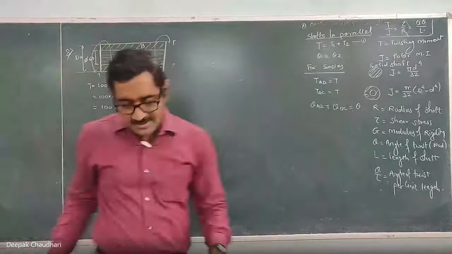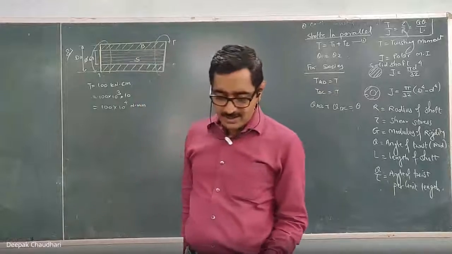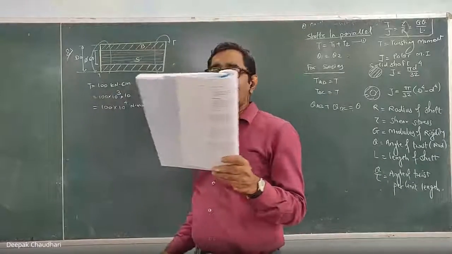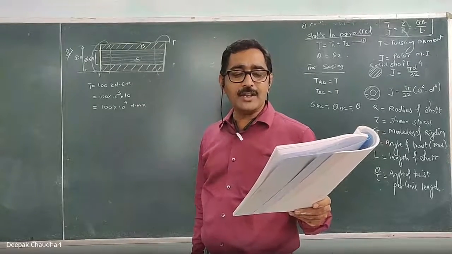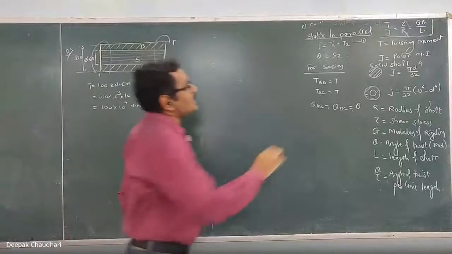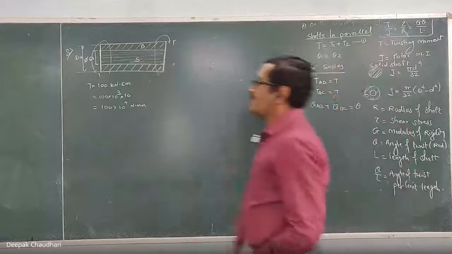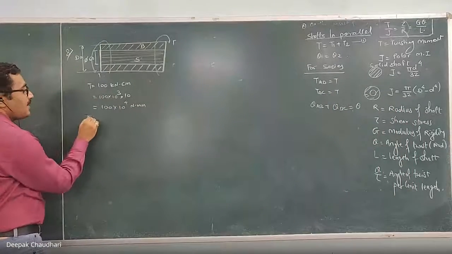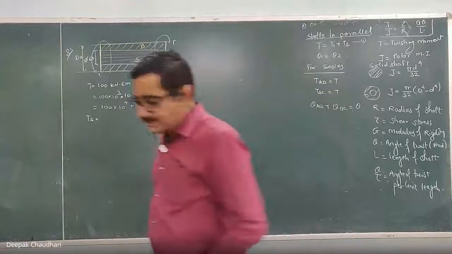Now, in the question, this much torque is applied on this composite shaft. You have to find the diameter of the brass tube such that, out of this total torque applied, the steel takes 40% of the torque and the remaining is shared by the brass. We have written the relation T equal to T1 plus T2 when the shafts are connected in parallel. Now, out of this total torque, the torque shared by the steel is given. The torque shared by the steel is 40% of the total.